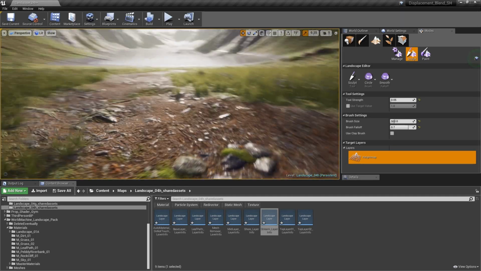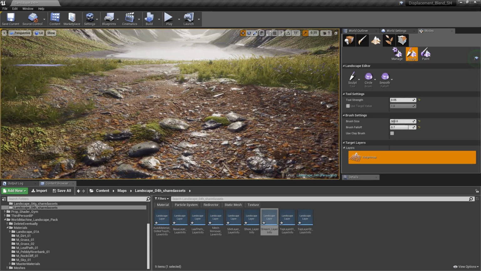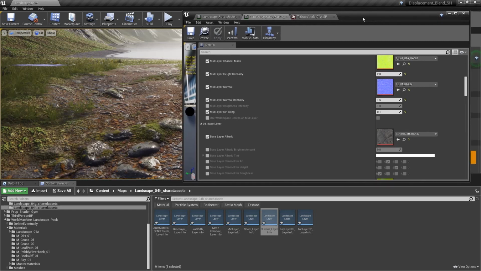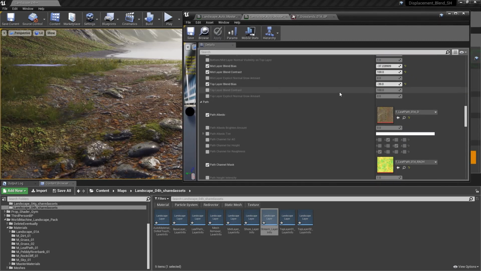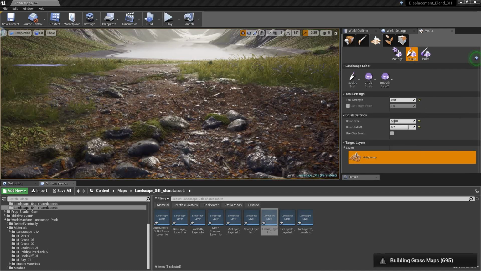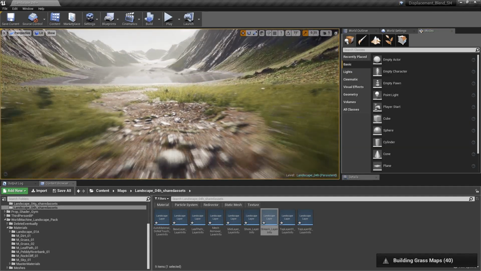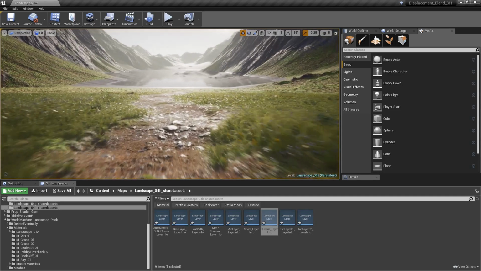I think the height map could be exaggerated on that path a bit. Let's just pull that up. Path. Scroll through path height. Let's open that and say like 1.5 maybe. There you go. So that's a bit better. Nice. And you can see